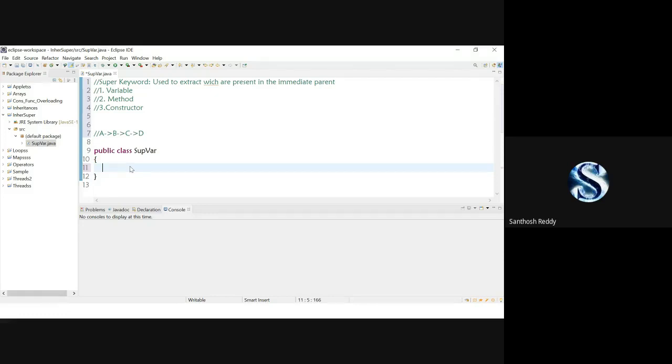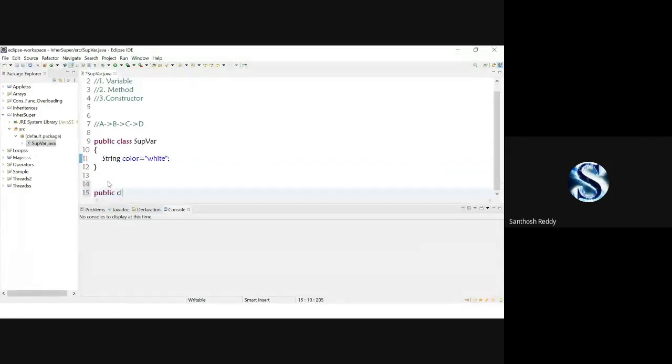Class Animal: String color is equal to white. I have mentioned the color variable and I am closing this. Now I'll create another class here, public class Dog, which extends.